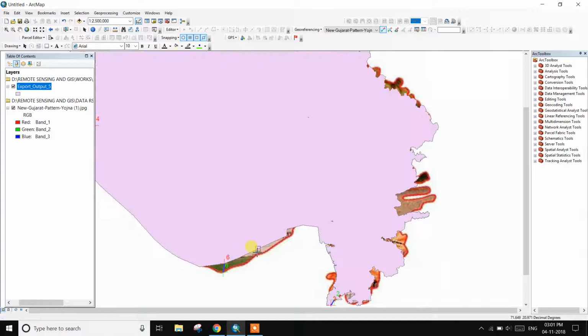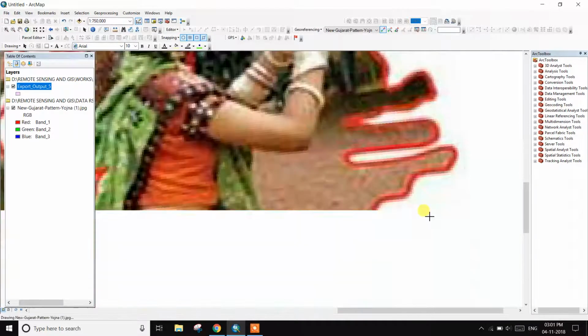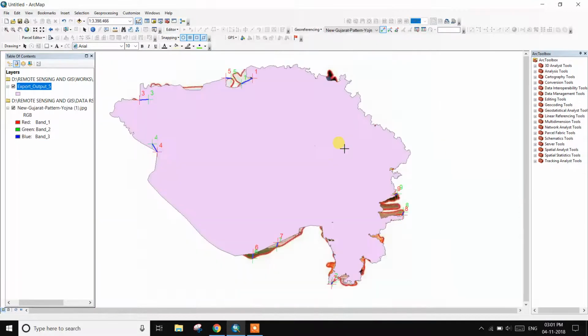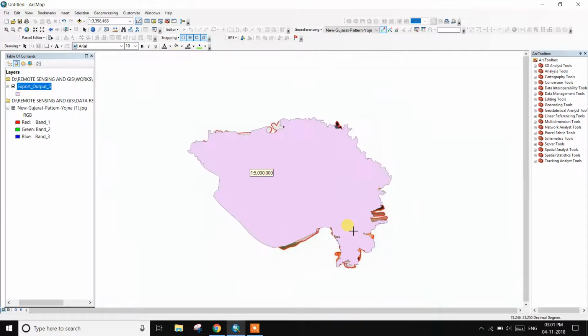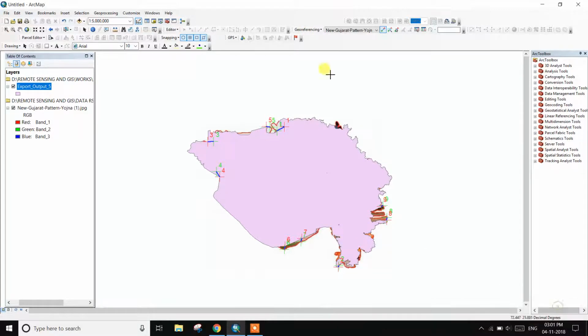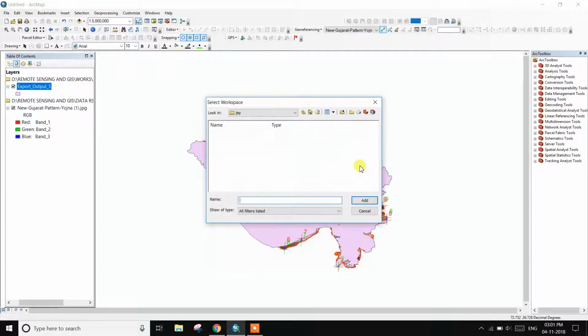Adjust this position, and then georeferencing, rectify, and output location. There is the output location and file name